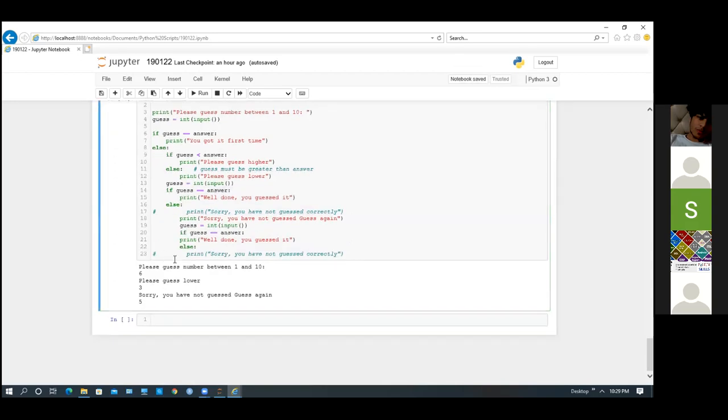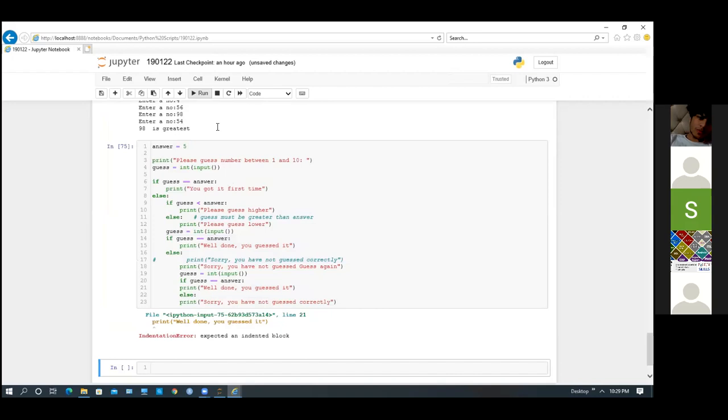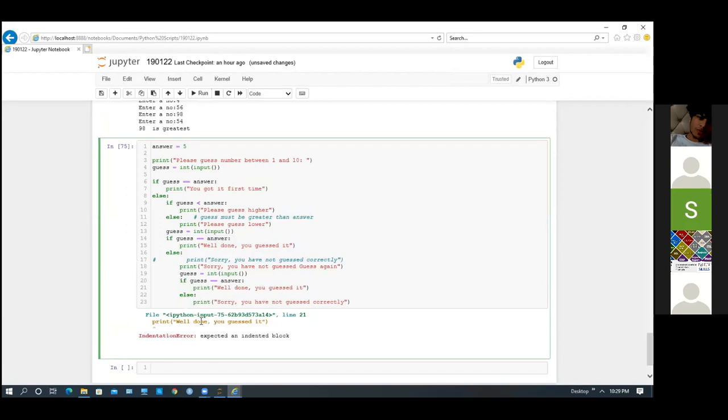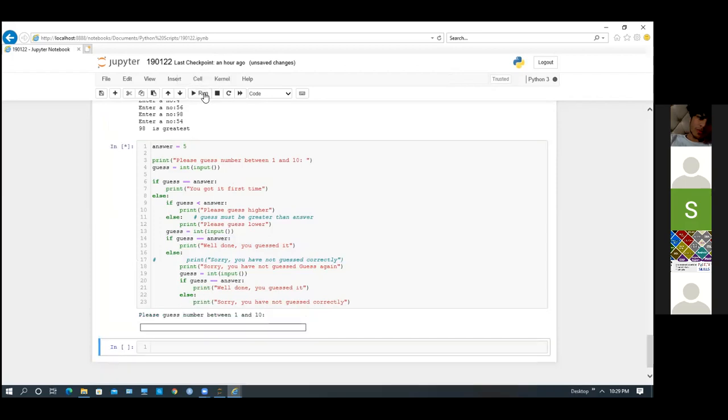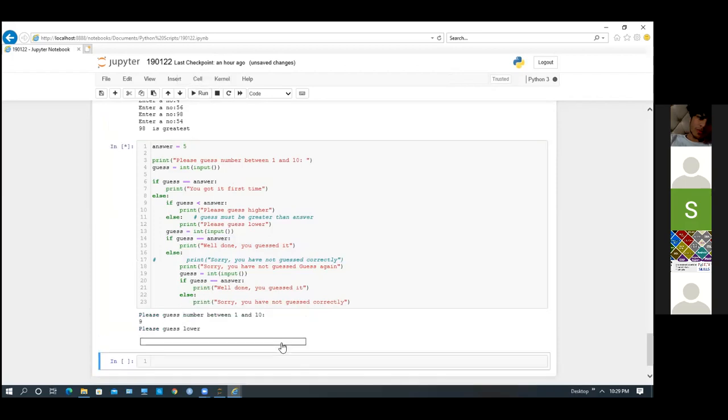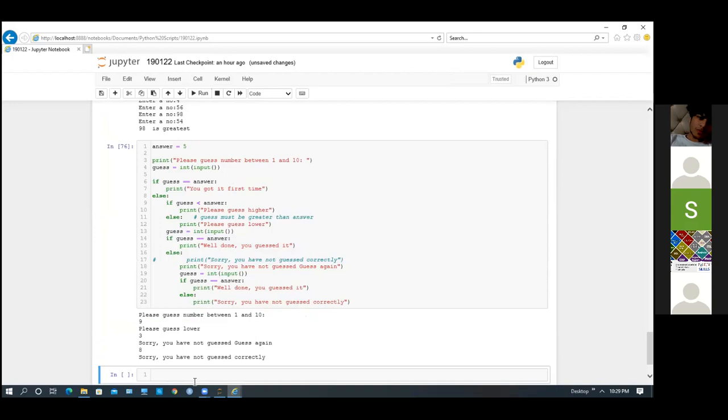Later we can take x, well done. If I write it like this, then you will be getting 3 chances. So you have not guessed correctly.